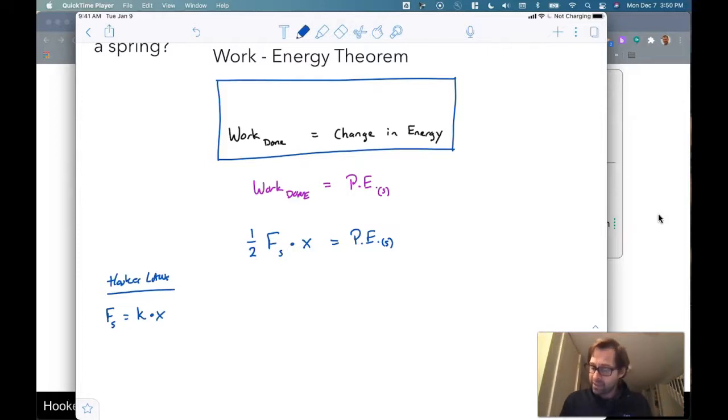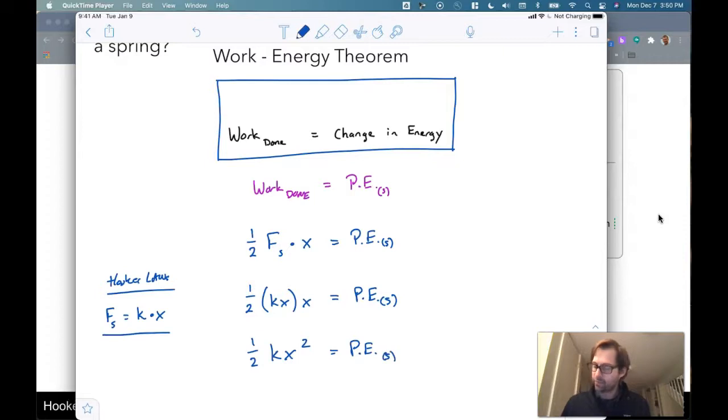Okay, so I can take this whole thing and plug it in wherever I see that force from the spring. So I'm going to do that here, 1/2. Now I'm going to have kx times x. It'll still be the same thing, and that equals the potential energy of the spring. Okay, let's simplify this one more step. And so I have 1/2 times kx squared is equal to the potential energy